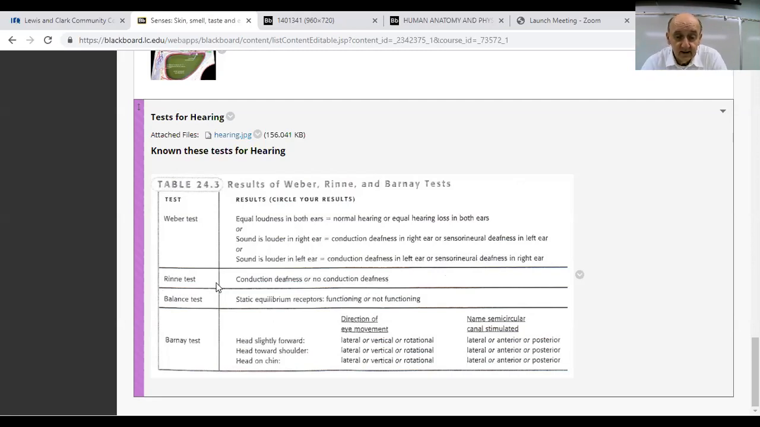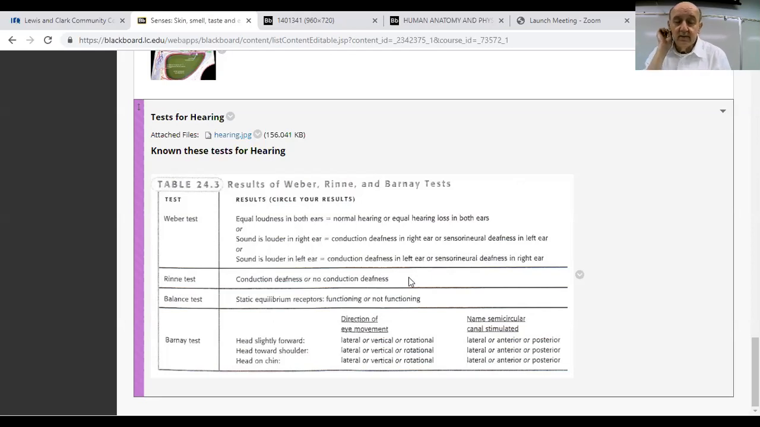So the Rini test, and this is the best test to identify conduction deafness in one ear, because the Rini test is testing one hearing apparatus at a time. So you are using a tuning fork, you strike the tuning fork and put the stem of the tuning fork right behind your ear. Right behind your ear is that tough bone, the temporal bone. And just by shaking the temporal bone through that vibration, a sound might be created. If there's no sound